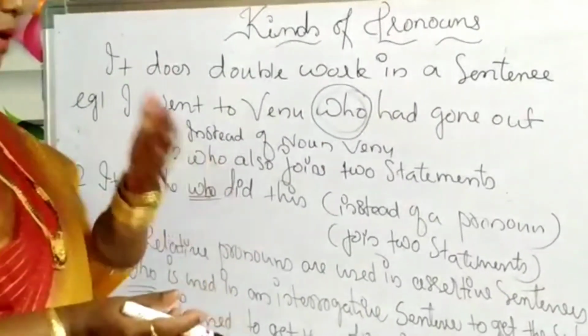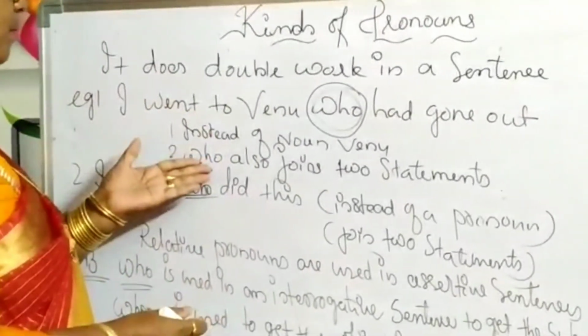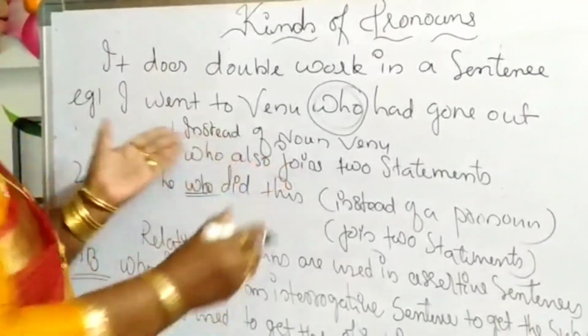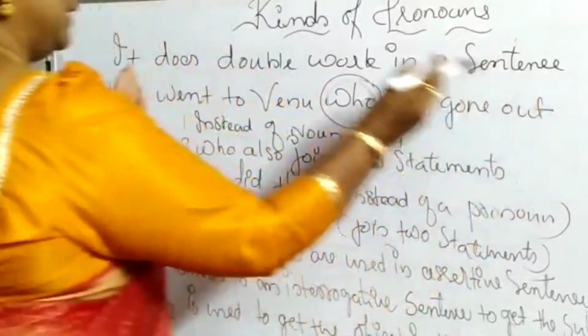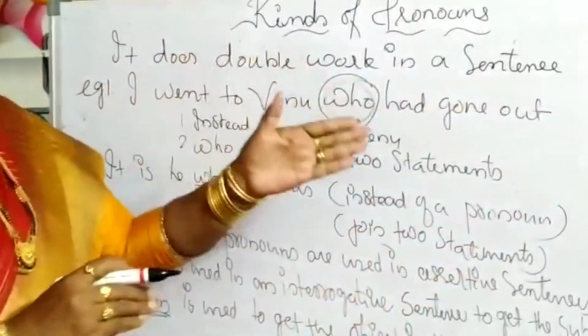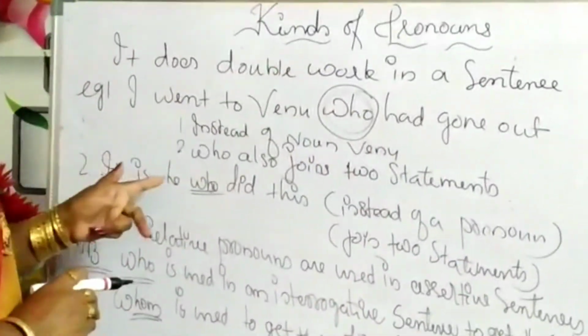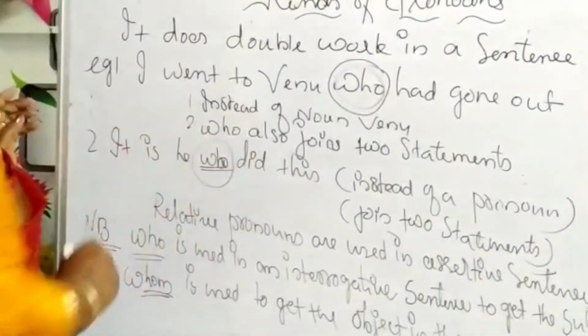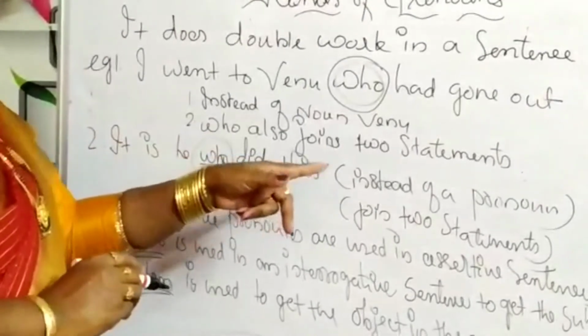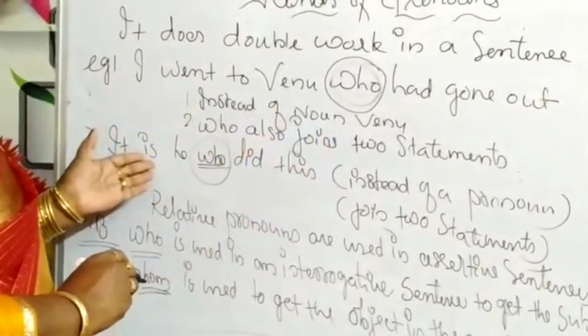Then, what else is the other work it does? It also joins two statements. This is one part and this is another part. So, it joined two statements together. It is he who did this. Here who stands instead of the pronoun, and again it is